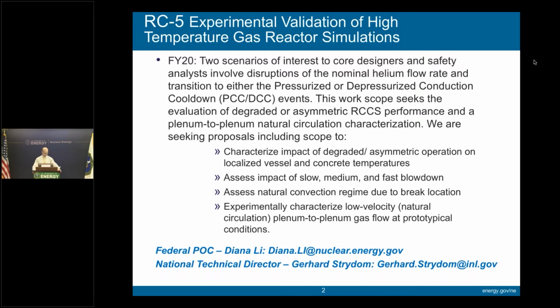Data, experiments and calculations will be submitted to the Idaho National Laboratory's NGNP data management and analysis system. And it would be beneficial for the applicant to seek assistance from the Idaho National Laboratory to use the management analysis system and to ensure